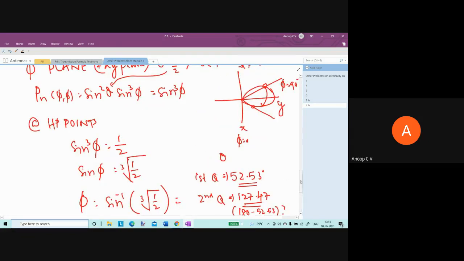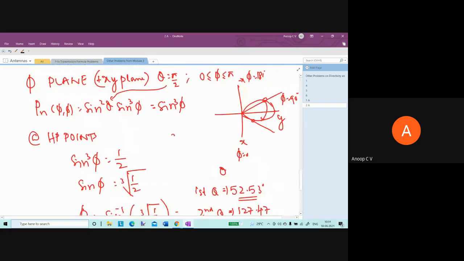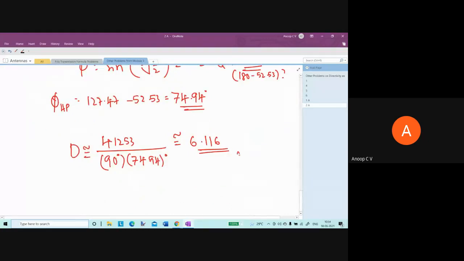In the other case, maximum, it's cos theta sin phi. Cos into sin. So maximum will be neither along 0 nor along phi. It will be somewhere in between. So the pattern will be something like this, and around these maxima values you have to find. So you find when this is equal to half, put two values for which this will be equal to half, and find the separation between those two. You can try it as homework. Maybe in next class we can repeat it. The second problem, if you want, I can solve it.